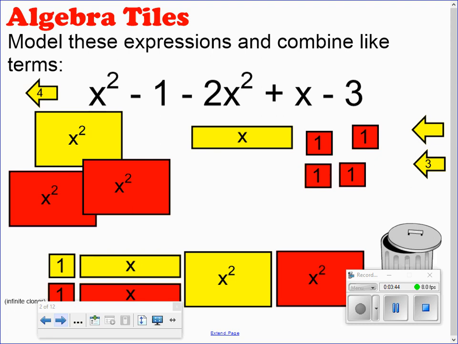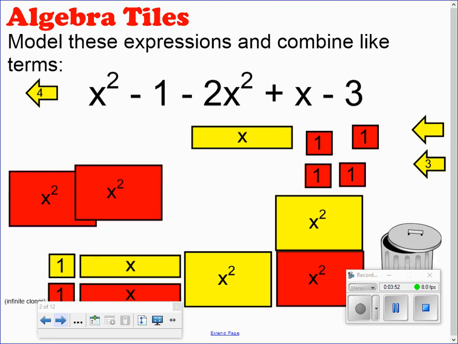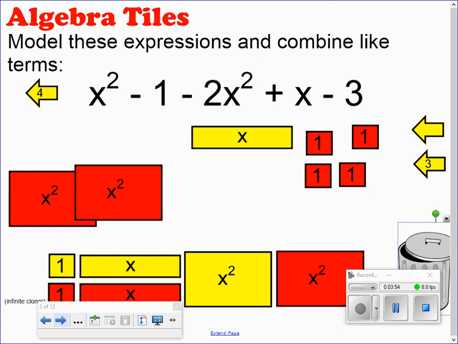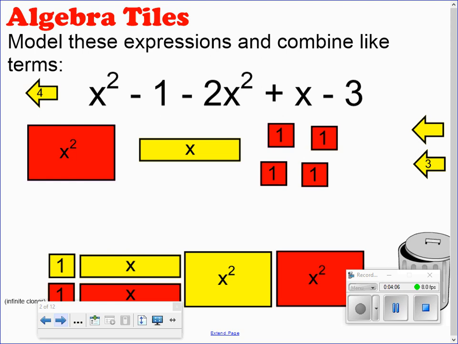And then remember our zero pairs. So if we have any zero pairs, which we happen to have here, we have a positive x squared and we have a negative x squared. Those can make a zero pair. And when they make a zero pair, remember that they disappear, they go away, because 0 is essentially nothing. All right, and then what we're left with is our simplified expression. So here we have a negative x squared plus an x